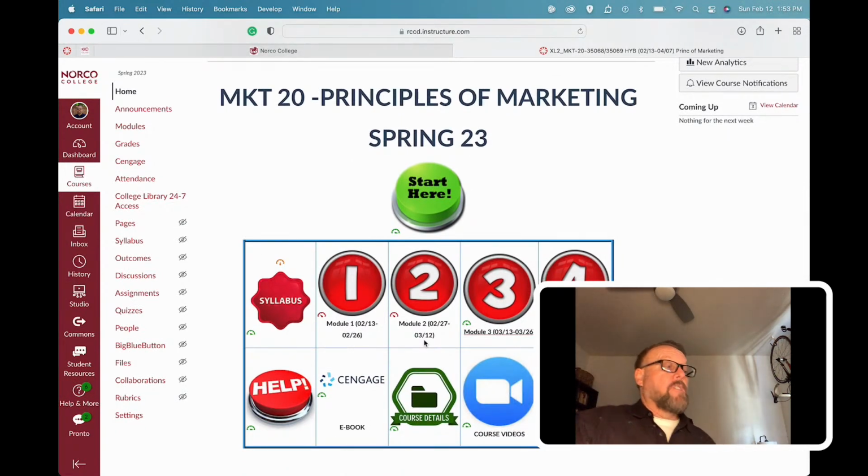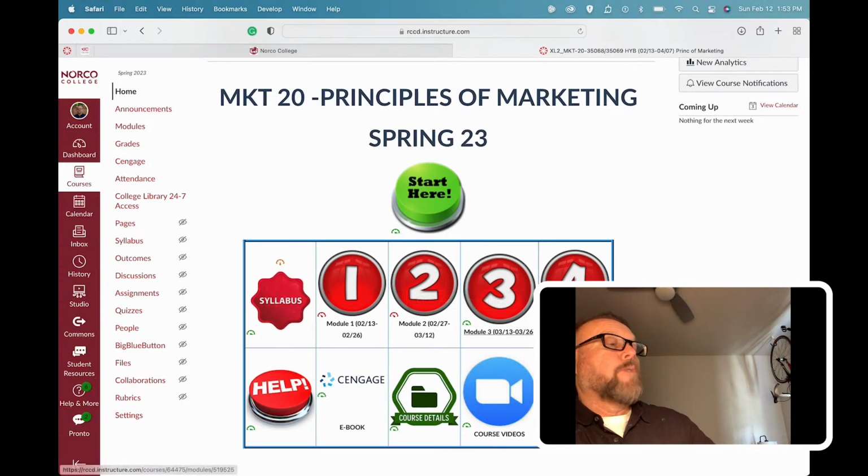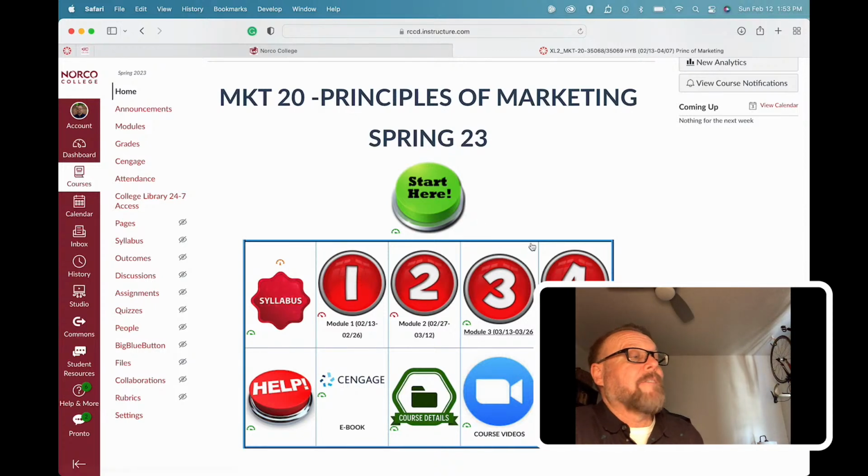I've laid out the homepage in such a way that allows you to navigate easily from this page. It's a little bit jumbled right now. I'm going to fix all that. By the time you log in today, you'll see that it's a lot neater. But everything is here that you need to know. For instance, right here to the left, that's the syllabus. If you click that, it'll open the syllabus. You can read it right here in Canvas, or you can download it. The schedule, all the information I sent you in the syllabus earlier, is all at your fingertips.